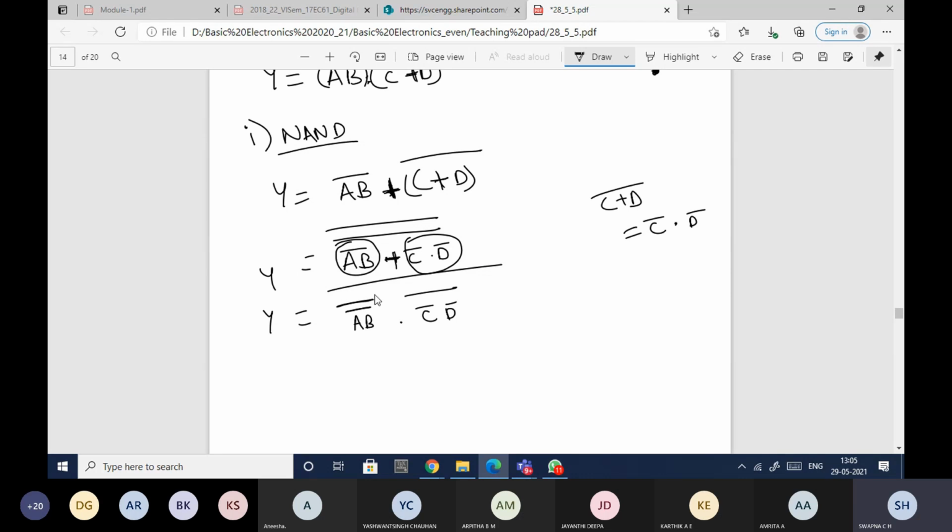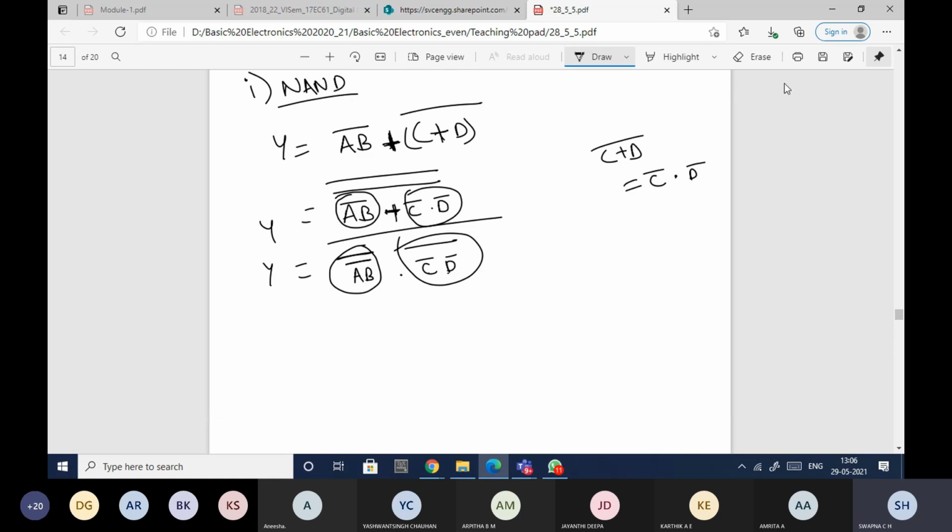NOT gate in the sense both the inputs you have to give to the same. Then here you know how to get C bar, you know how to get D bar, C bar into D bar whole bar. This is also known. So this one I could implement and this one I could implement. So this into this whole bar. So I will be able to implement everything. Let me draw it. Any doubts here? No, ma'am. Okay, I'll just take A, B.